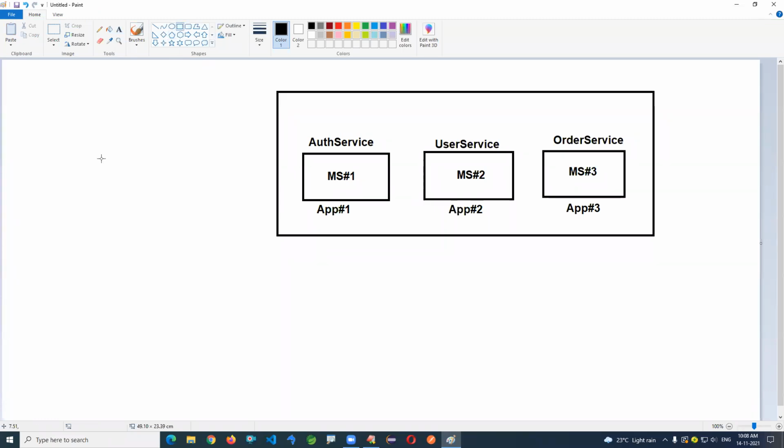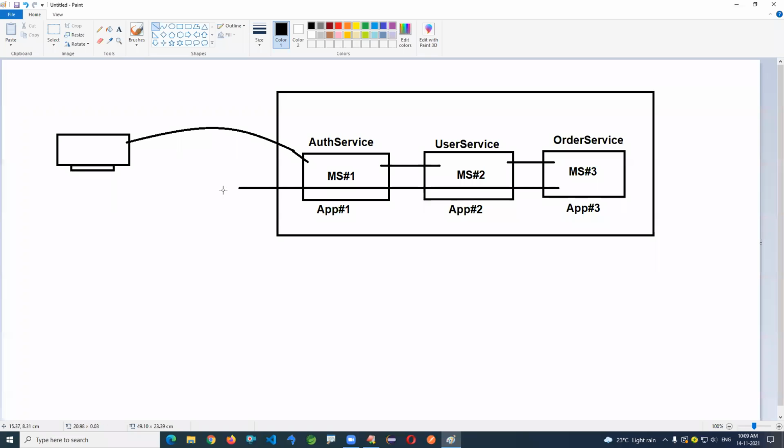Now finally, if you make a request from a client device, something like a browser, to get the order data, the end user is requesting order data, then the request first passes to the authentication service, then it communicates to the user service, then it goes to the order service, fetching this data, and returns back to the browser.